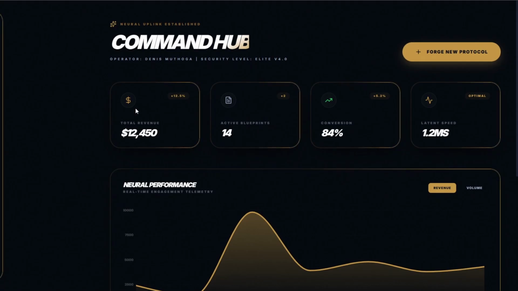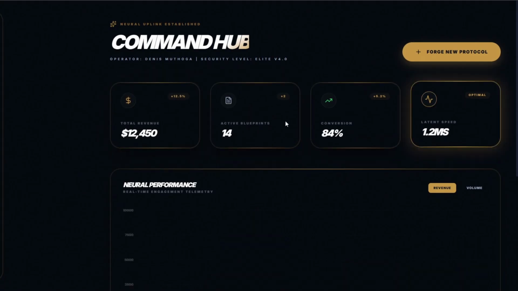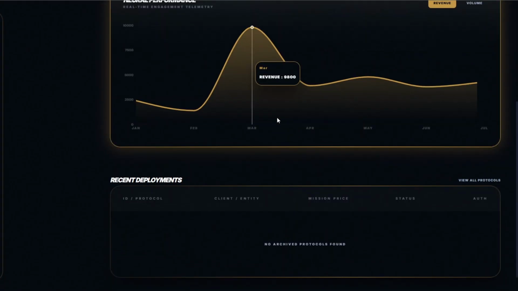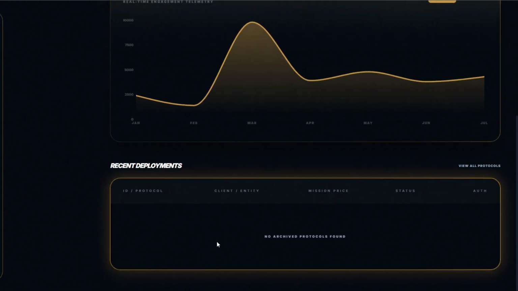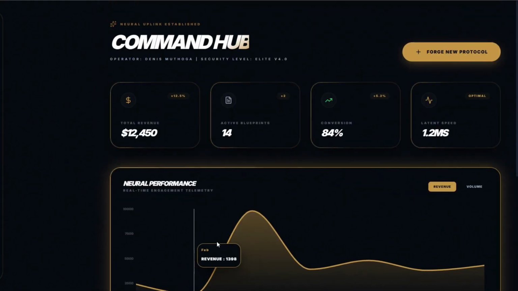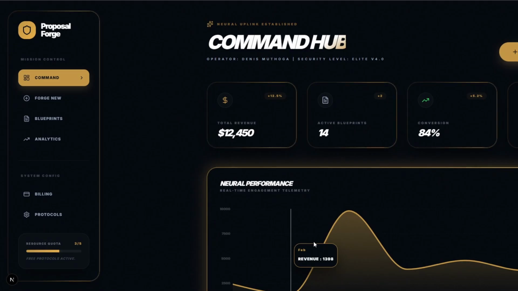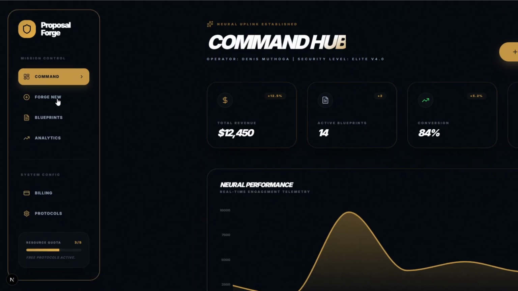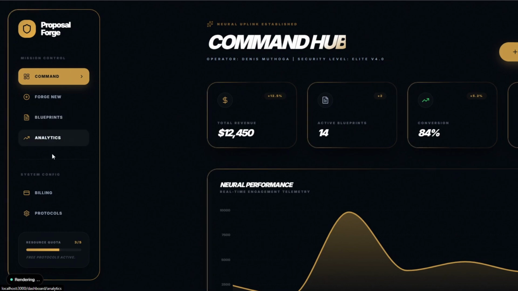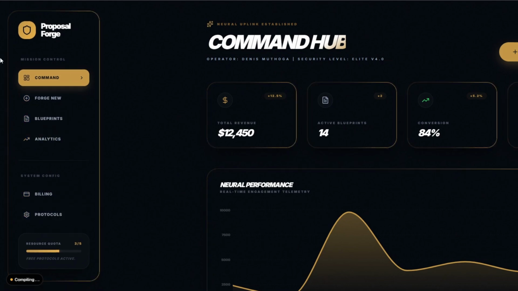This is awesome. So you're getting the total revenue, blueprint, and the speed right here, including the performance and the recent proposals that we've generated. So now we can begin working on our dashboard. The first thing you can see here is that these buttons are not working. None of them are working. Also, these